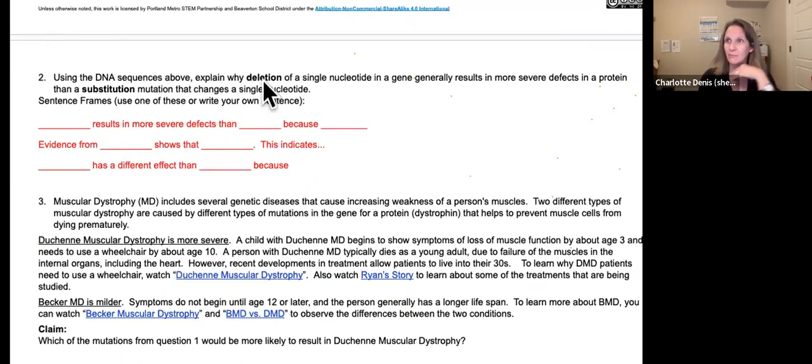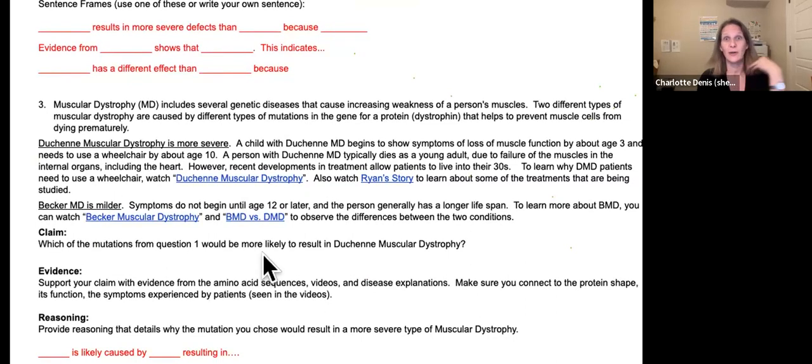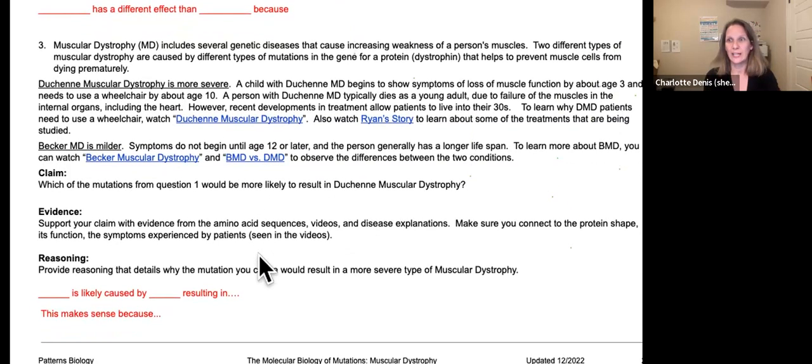So once they figure out, based on the data, that deletion is worse than a substitution, then we bring in a real world scenario. And this is, again, the connection back to medicine, even though it's not the same condition, to the idea of baby Matthew, and how baby Matthew's scenario might actually be connected to something that might have changed in his DNA. So we have descriptions of different kinds of muscular dystrophy, and then students write a short CER where after they investigate the different kinds of muscular dystrophy by reading and watching some patient stories,